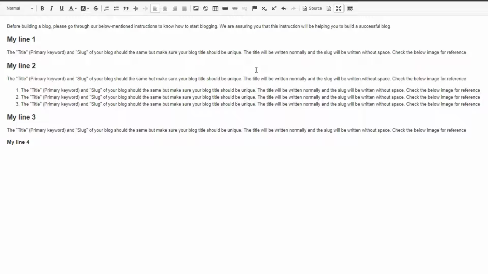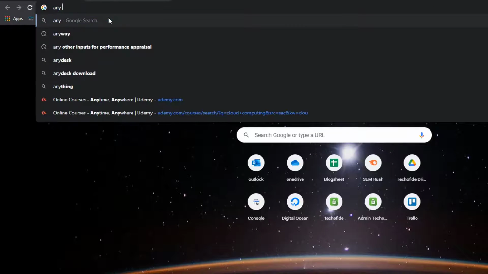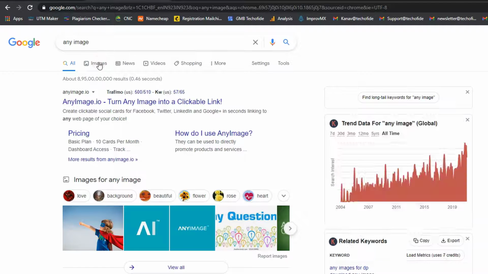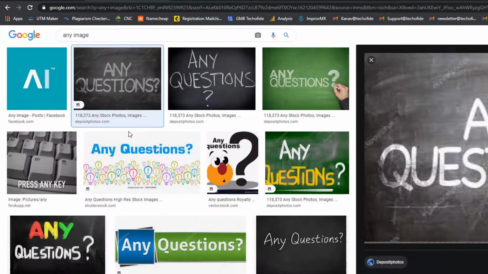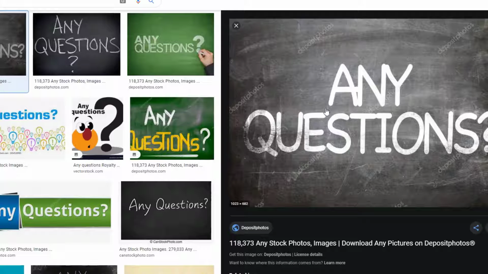So let's suppose I want to attach an image inside that. How can we do that? It is very easy. You just need to click on the image tag. So I have just clicked on the image tag. If you want to pick an image from Google, how can you do that? Let's browse any image. We can type any image here. It is just for your demonstration, and I will go directly to images. Then click on the image, right click, click on copy image address. See, I have copied the image address.